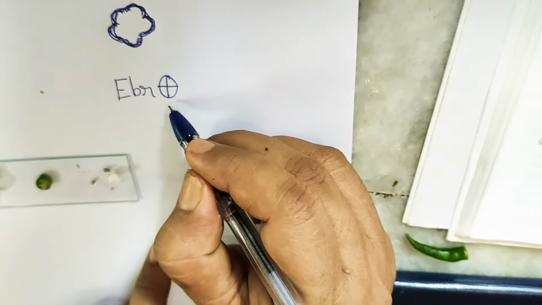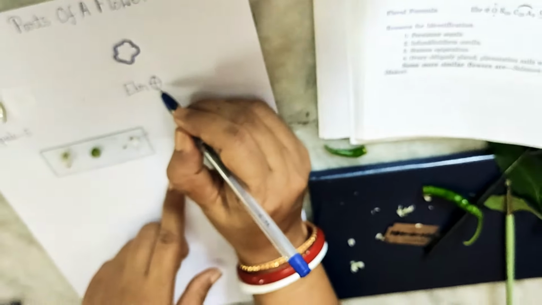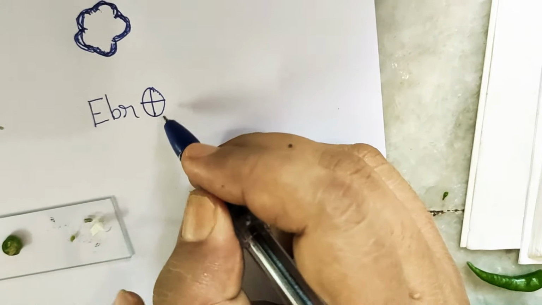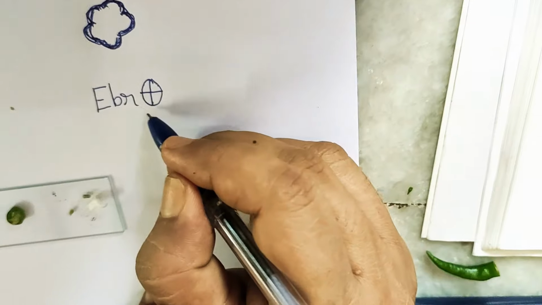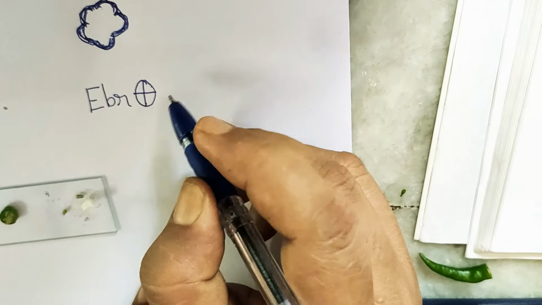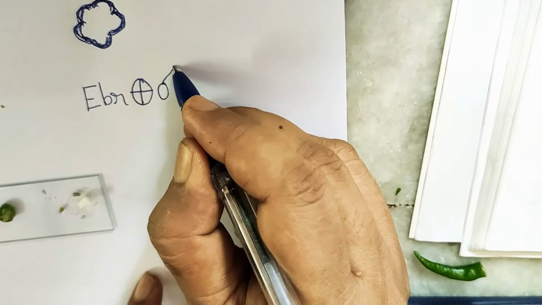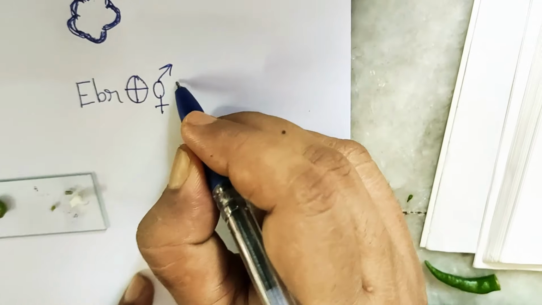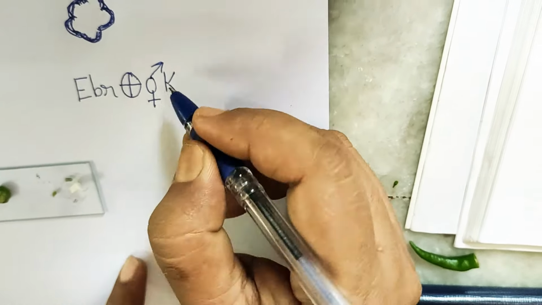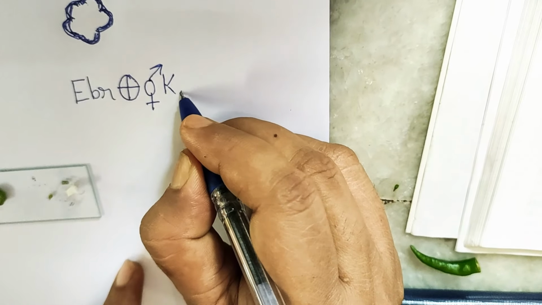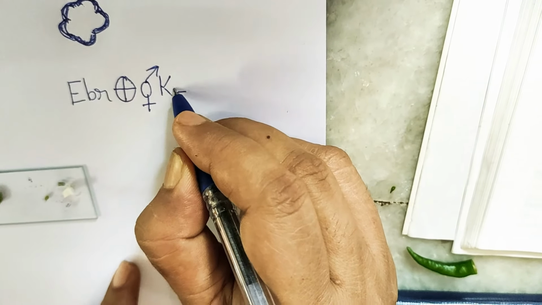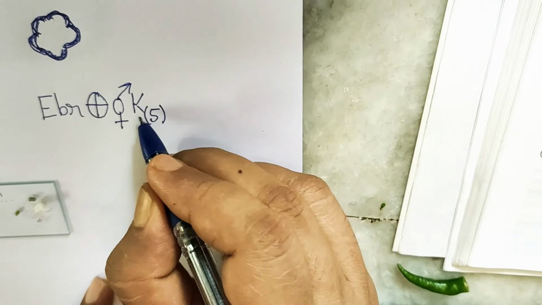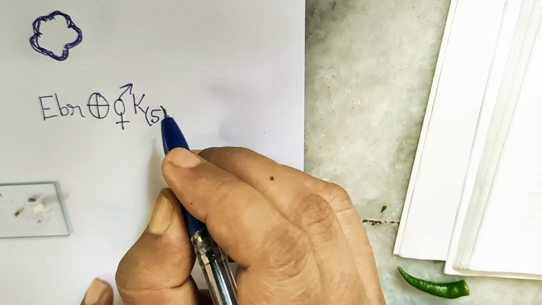Then the flower, actually it is about the symmetry of the flower. So this one is called an actinomorphic flower. That means it can be divided at any angle into two equal parts. So this symbol stands for actinomorphic. Then it is a bisexual flower, so you are going to use this symbol for bisexual flower. Then calyx you are representing by K. Calyx, how many have we seen? We have seen 5 in number, and they were all fused with each other at the bottom, so they are gamosepalous. So for gamosepalous you have to put the bracket.